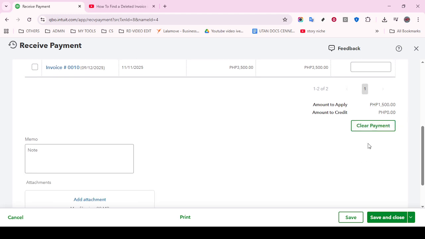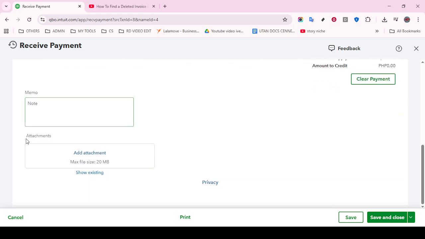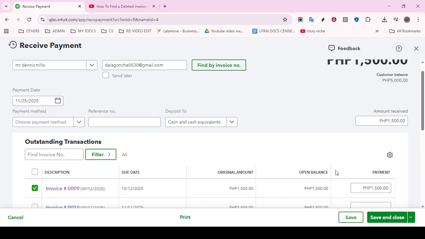balance. That's it. You logged in, navigated to Sales and Invoices, opened the invoice, used the More menu, selected Delete, and confirmed. As a final tip, refresh your invoices list or run a quick sales report to verify the invoice